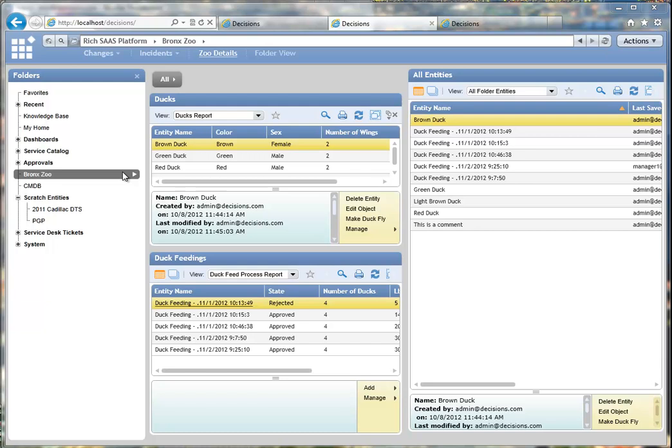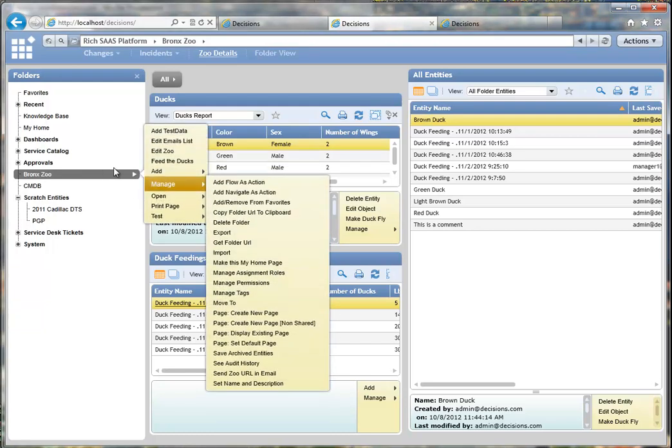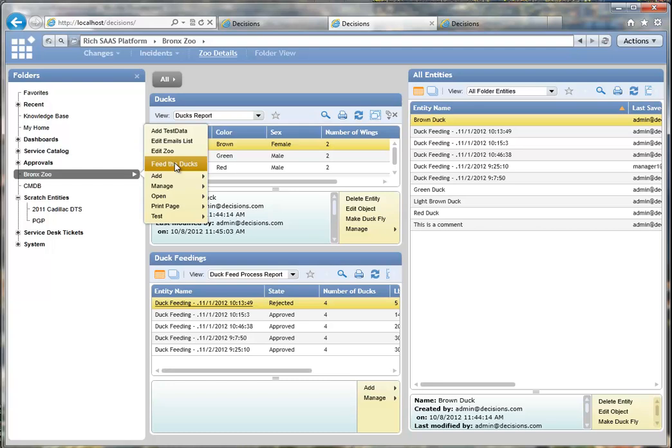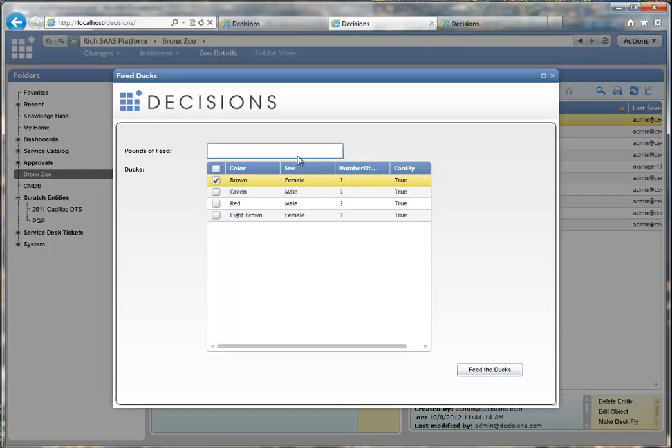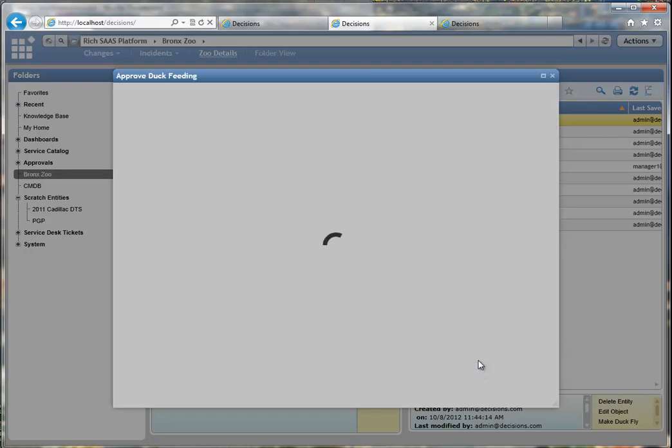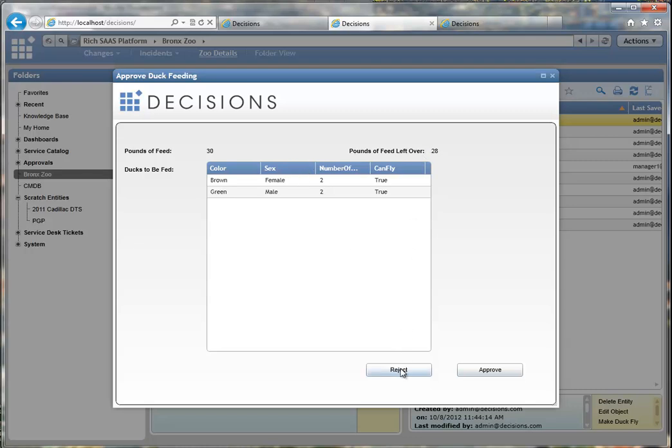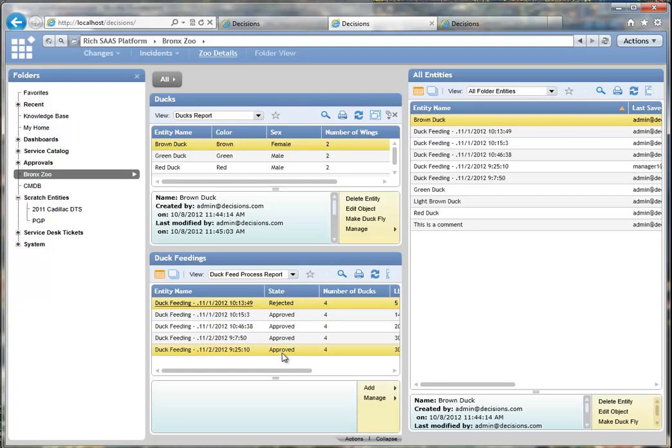Today we're going to be taking a look at approval chains. Right now what we have is an example folder called Bronx Zoo, and when we take the action feed the ducks, we're given the option to define a number of pounds of feed that we want to feed, select the ducks we want to feed, and then once we do that, we have the option to either approve or reject the feeding. With 28 pounds of feed left over, we may want to reject this, and once we do that,